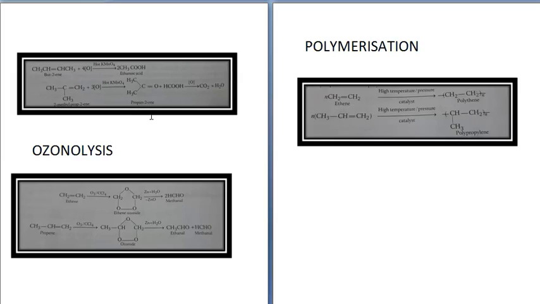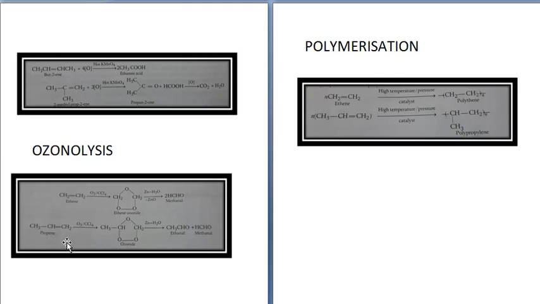Next property of alkenes is ozonolysis. So the ethene molecule reacts with ozone to form ethene ozonide. CH2=CH2 plus O3 gives you the ozonide, which in the presence of zinc and water gives you methanal, 2 HCHO. Similarly, propene